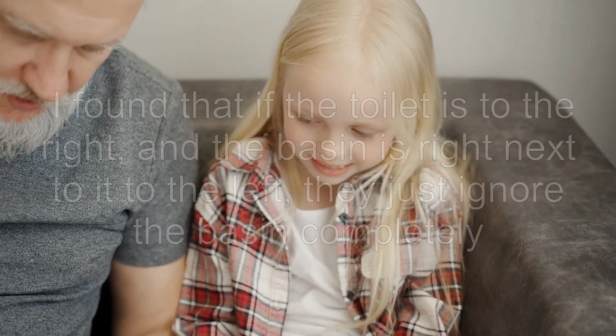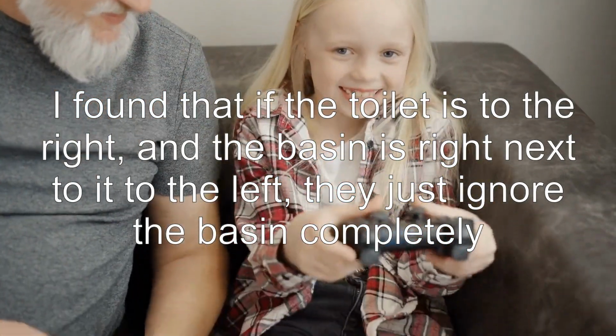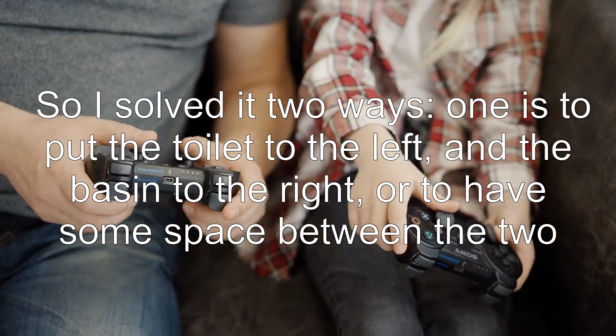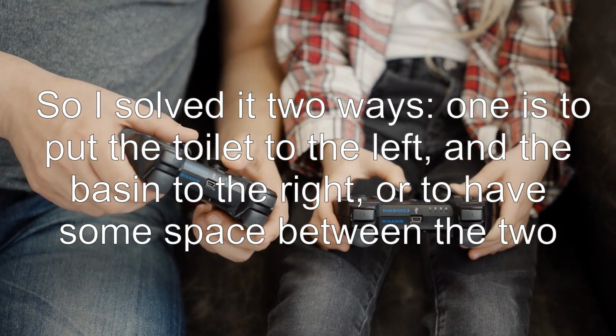Answer 3. I found that if the toilet is to the right, and the basin is right next to it to the left, they just ignore the basin completely. So I solved it 2 ways. One is to put the toilet to the left, and the basin to the right, or to have some space